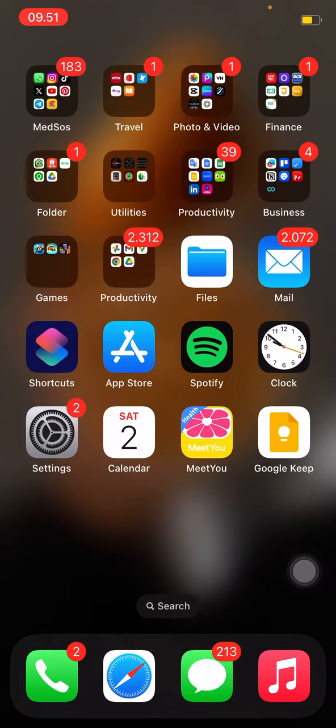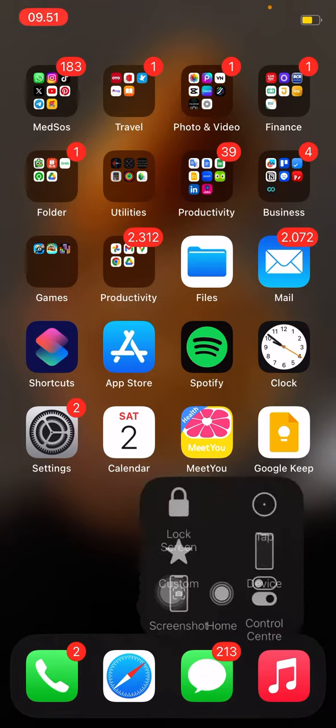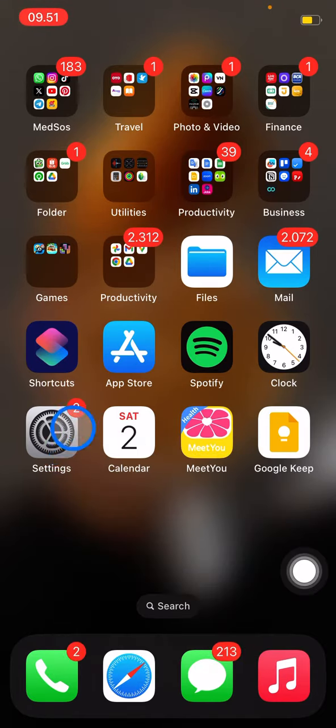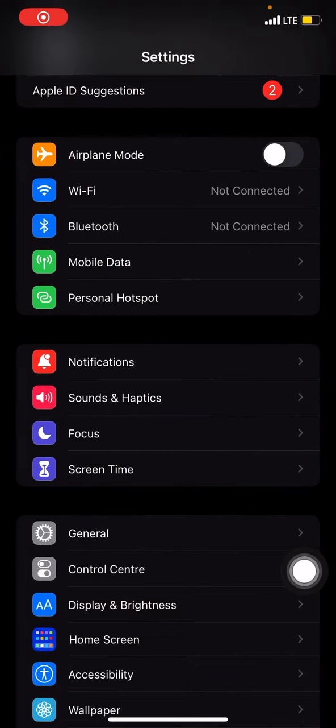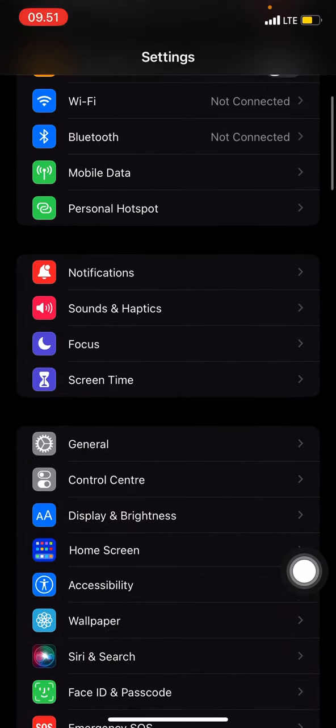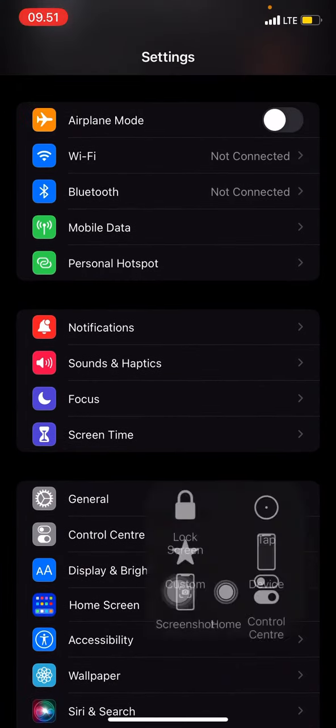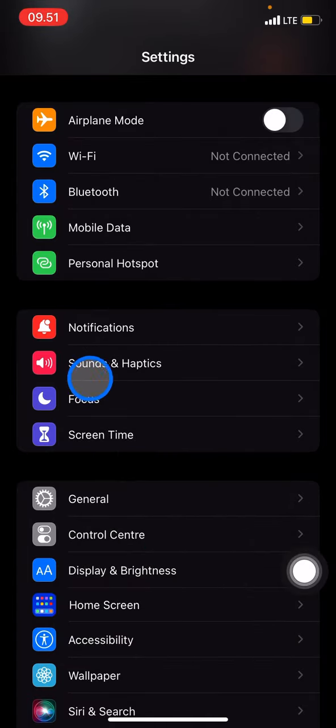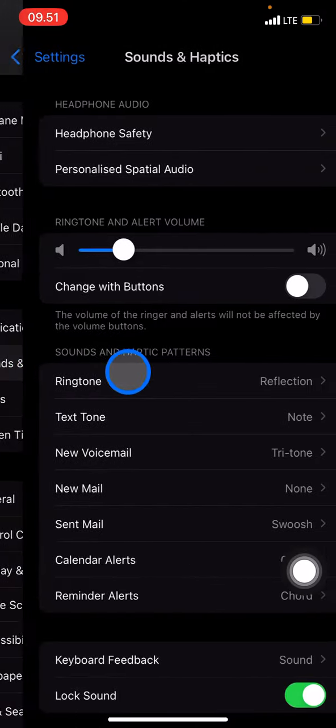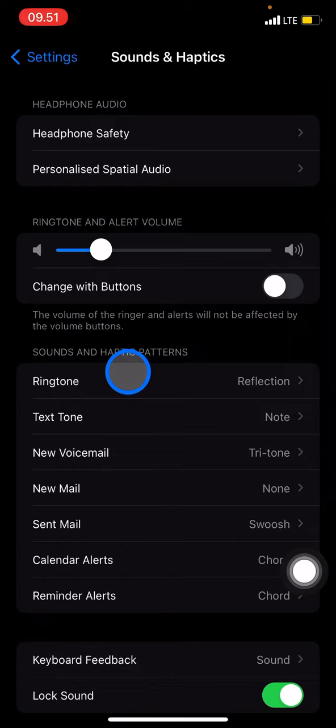So the first thing you have to do is just open your phone, and after that we just need to go into the settings. In the settings, you just need to scroll down until you find Sounds and Haptics. Just click on it, and here you will have access to choose